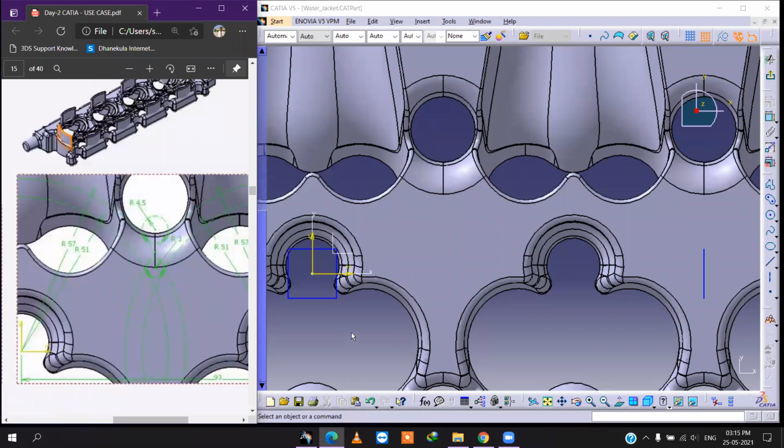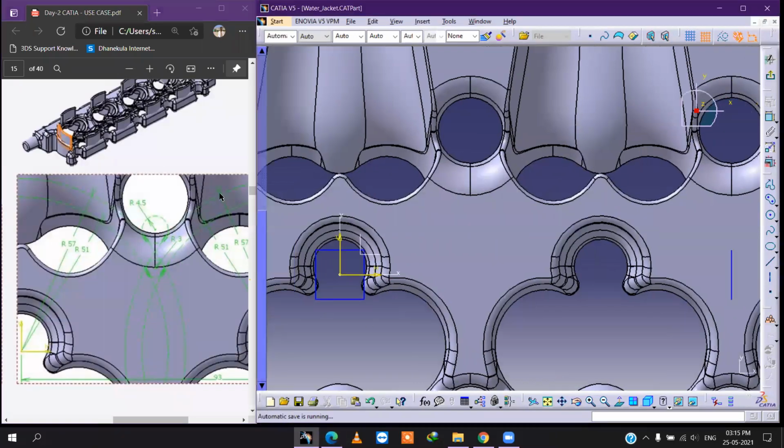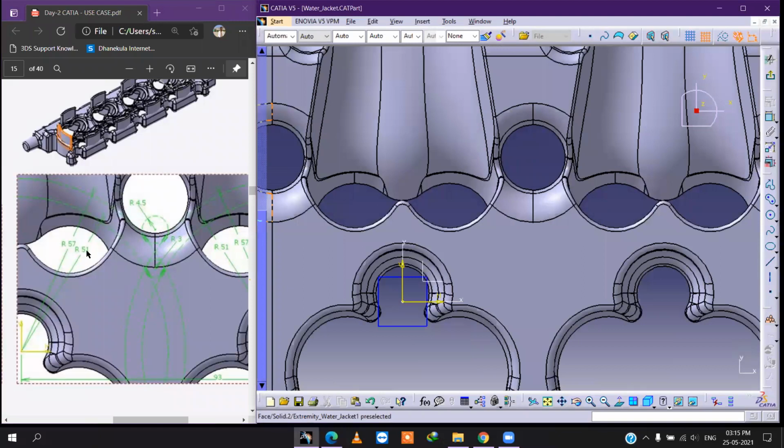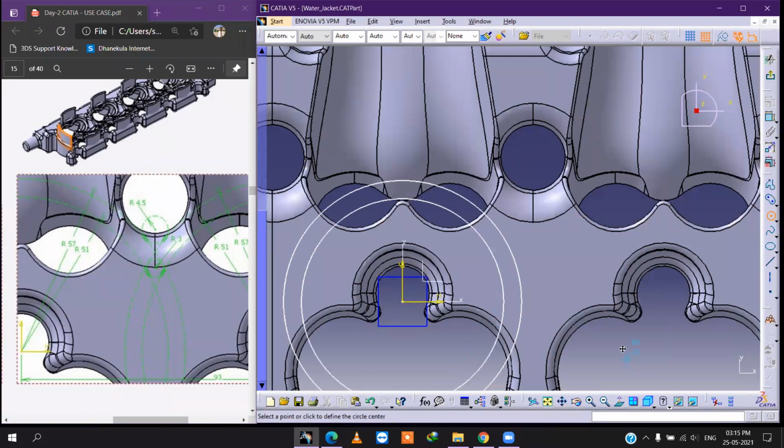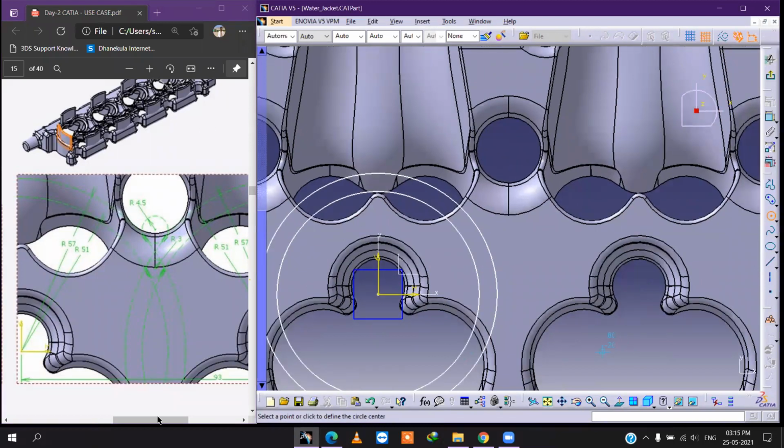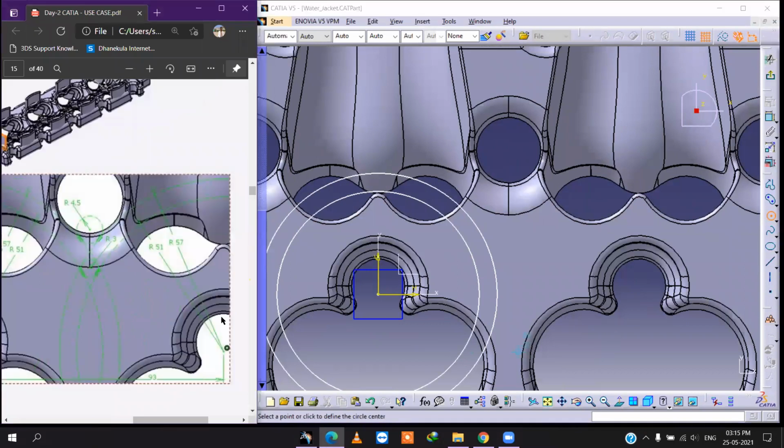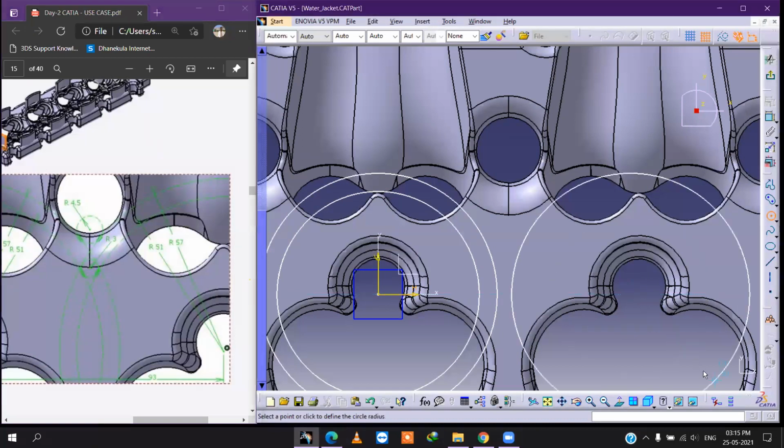First we have to create circles for the reference, here 2 and here 2. Radiuses are 51 and 57. Okay, where is our circle? Double click from here, 1, another one, and over here we'll take from the same point.